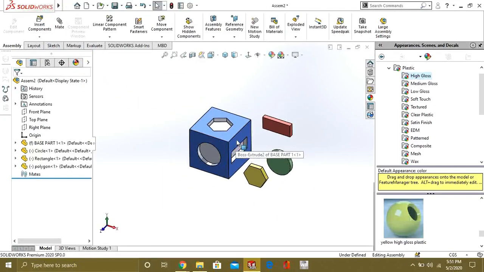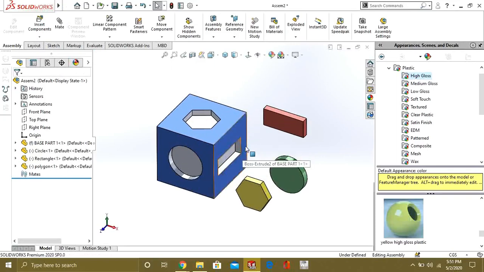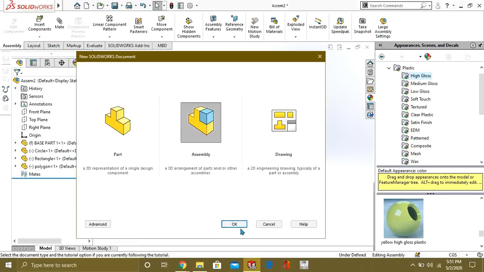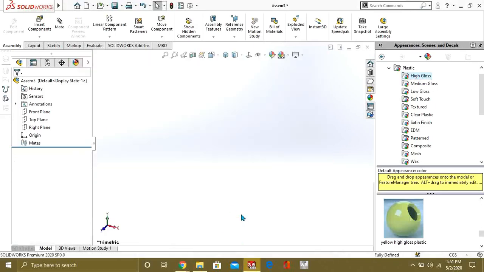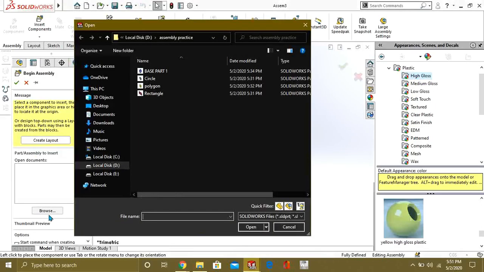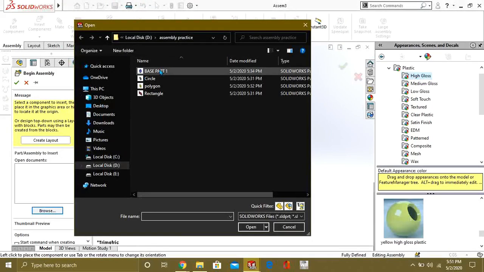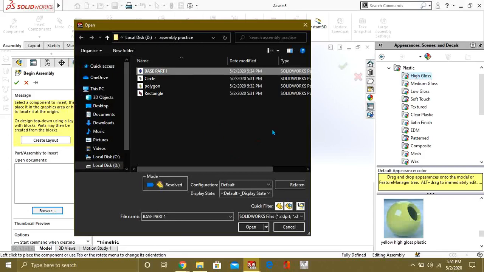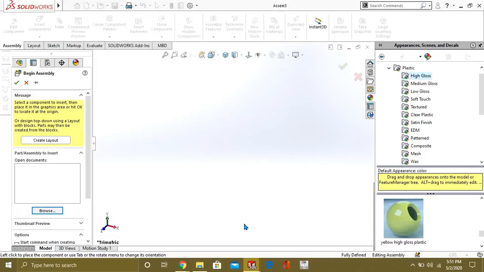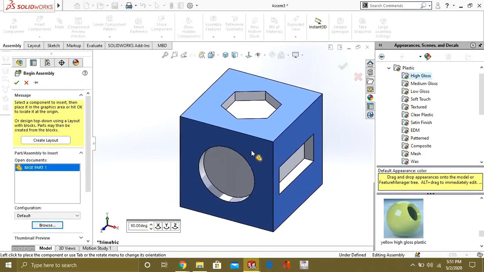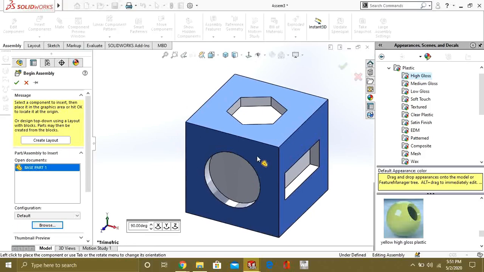So this was one method you can insert your parts, and the other is you will go to new, select assembly, and from here you will go to browse and select the base part or main part of your assembly, select open, and if you drag it like this and select OK, it will place the origin differently.